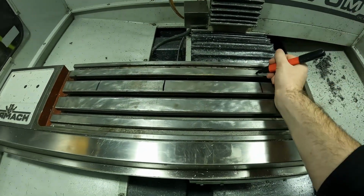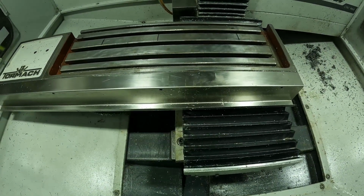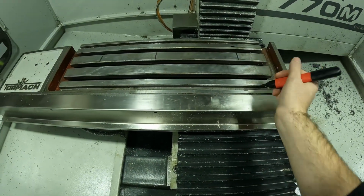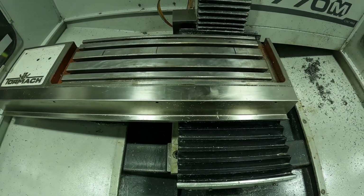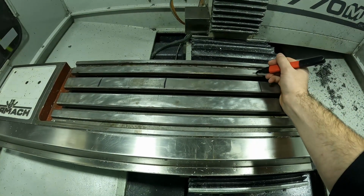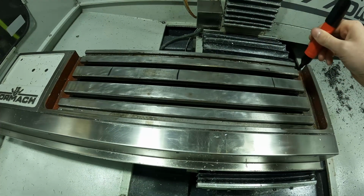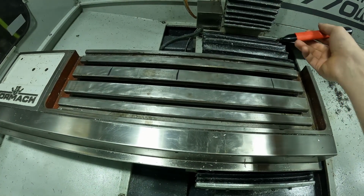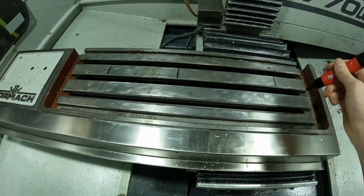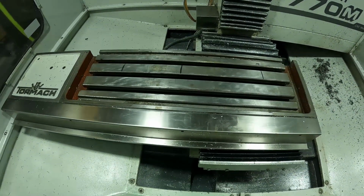So very back of Y is right there. Right about there is the middle for the end of Y. So I just want to make sure that the top of the vise is going to be below this line, and I have enough room so when my tool comes around the back side of the part, it's not going to alarm out or not going to be able to machine it. Because if you put the vise too far forward and you go to rough the back side and you have too large a tool, you'll be past this line, and it actually will tell you before you start the program